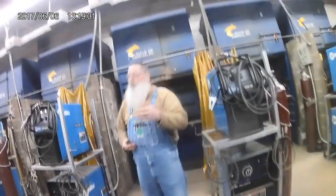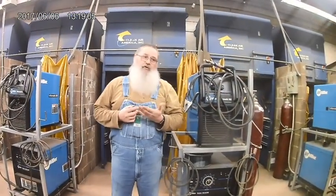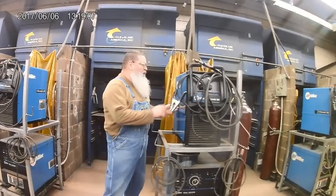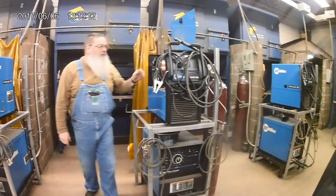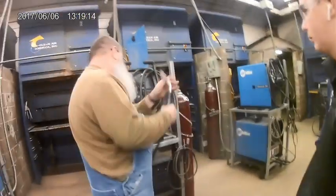So the gas metal arc welding process, the thing that we're going to go over in the video, uses a continuous electrode. That means that electrode comes out all the time while you're welding. This is that spool that I showed you in there. So what happens is,